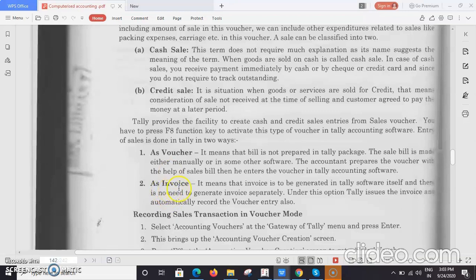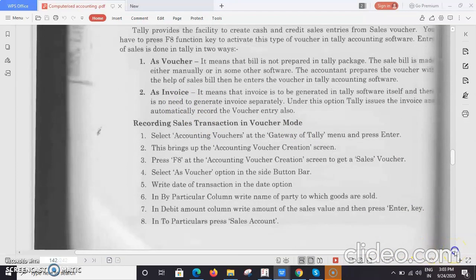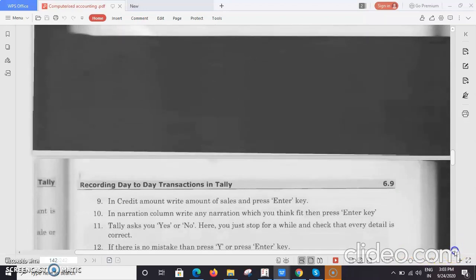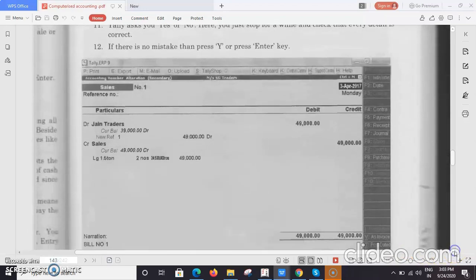Here is the party name. Here also the party name will be there. Here the party name will be there. Everything, details like number of units, what is the unit cost, total units, how much, what is the price, the particulars of the stock item, all will be there in case of invoice mode. So how to activate voucher mode and invoice mode, I'll explain. This is voucher mode. See here, debit, credit, that's it. That is very simple. So sales credit, this is our debtor and sales, that's it.